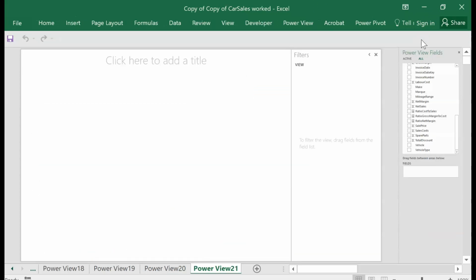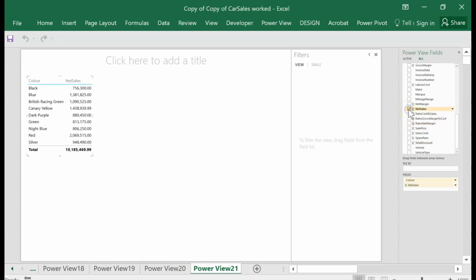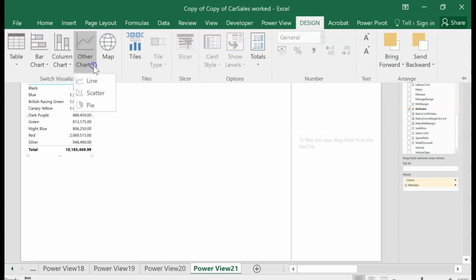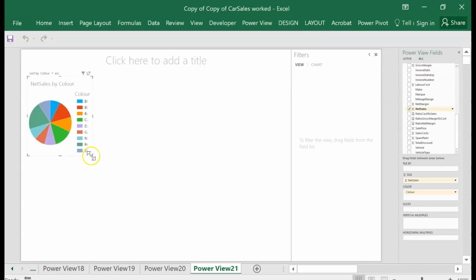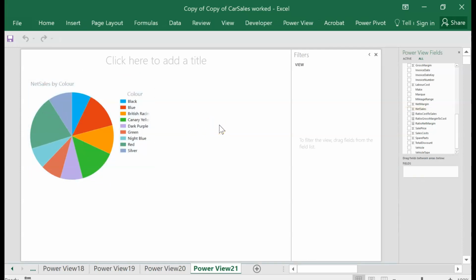All right, let's insert another Power View. And this time we're going to create 2 charts. So the first one is color and net sales. And we're going to turn this into a pie chart. Other chart, pie. And we can make it a little larger. And then click in the white and we'll create a second chart, another